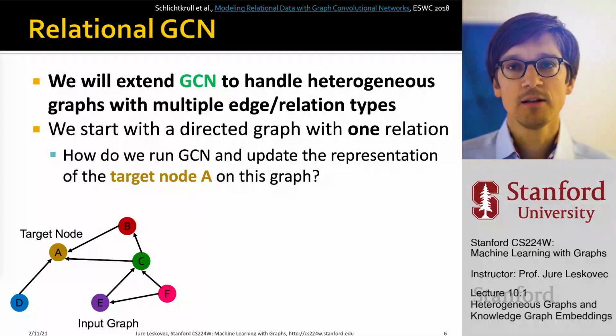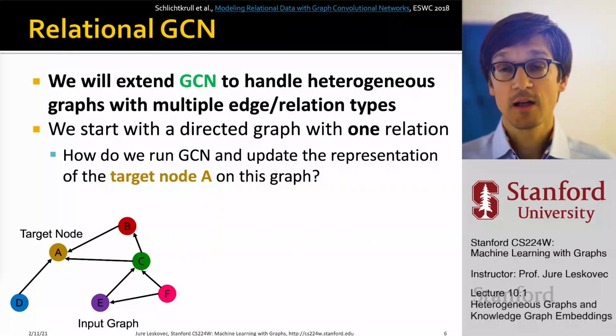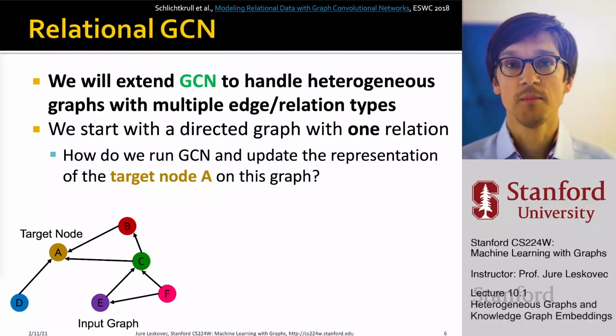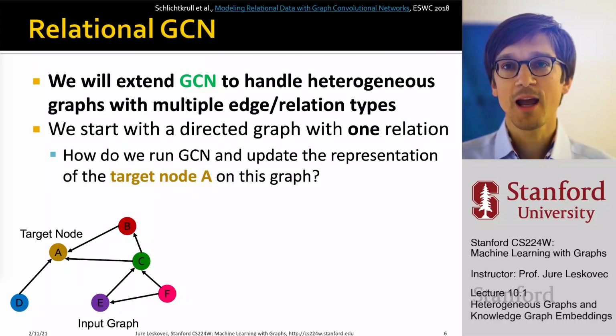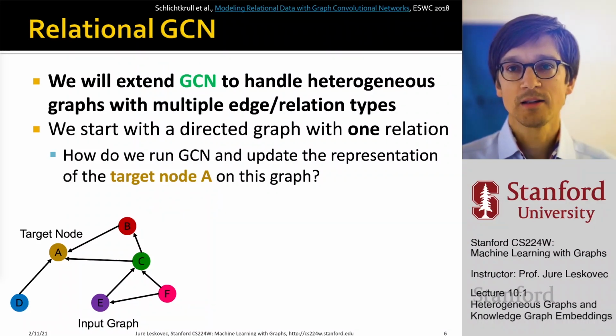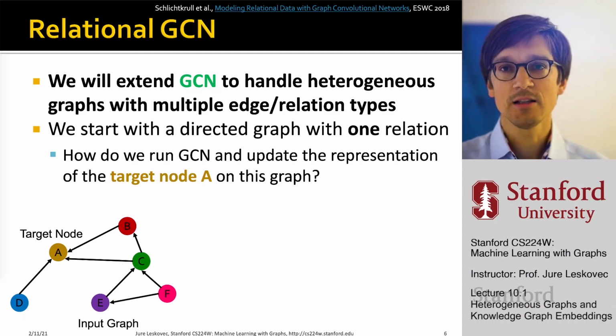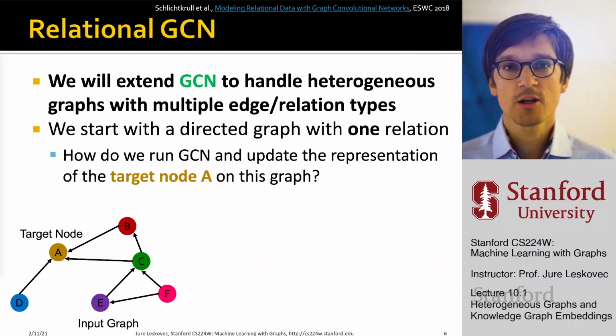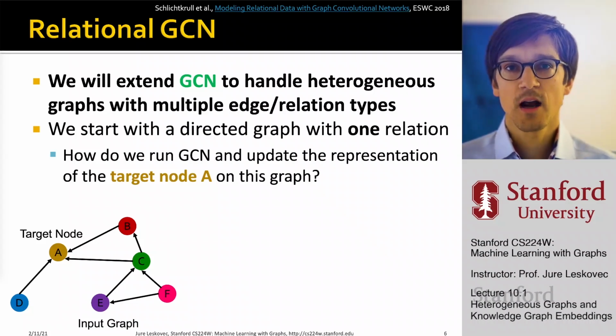So now if we are given this type of graph where we have different types of nodes and different types of relations between them, then we would like our model to handle this heterogeneity, in some sense to take advantage of it, to learn that a given drug treating a disease is a different type of relationship than a given protein interacting with another protein. So the way we are going to do this is we are going to extend our GCN, the graph convolutional neural network, to be able to handle different types of relationships. And we will call this a relational GCN.